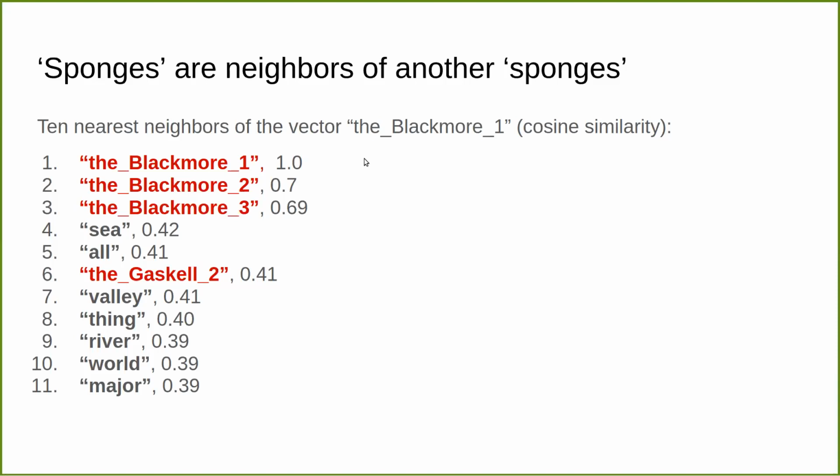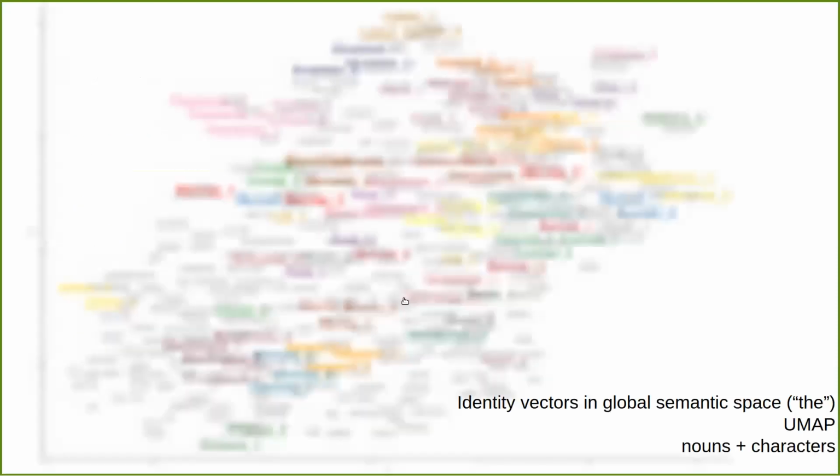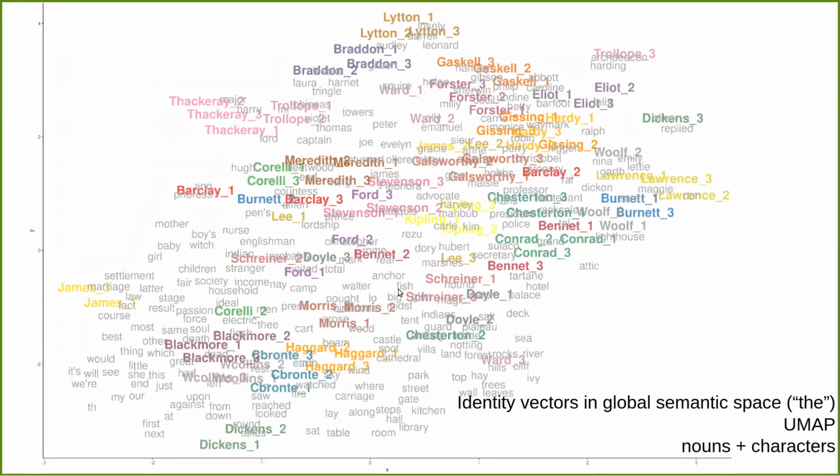And you basically can treat this list of words as a keyword list, because obviously the words similar to identity vectors or the sponges would be words that co-occur similarly with the words that the identity vectors co-occur with. So what we can do is take a small portion of the whole semantic space of the model and project it to two dimensions using UMAP in this case, but it really doesn't matter. Sorry about this bit busy plot, but there are two takeaways from here, right?